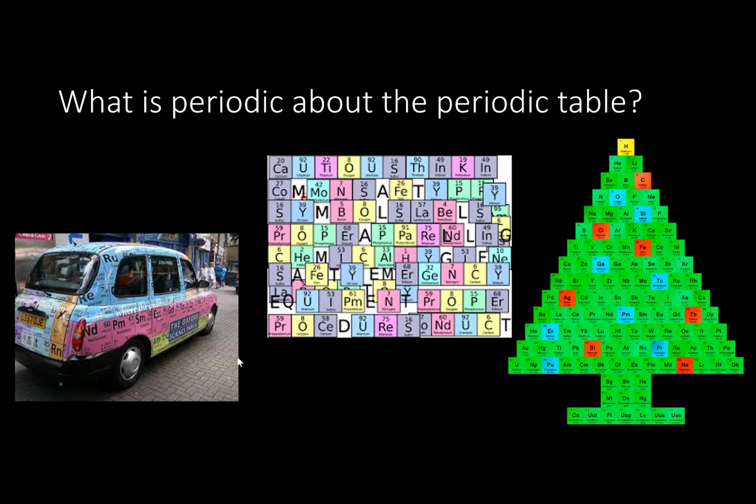All right, welcome back. So the first question, of course, is why is the periodic table something related to this? Why is it the shape that it is? Why isn't it a shape like this Christmas tree over here, or this word search here in the middle, or even this car? Why do we have that specific design to the periodic table, and is there any background to it? We will be talking about that, but first I want to talk about a theme that you're going to see coming up throughout this